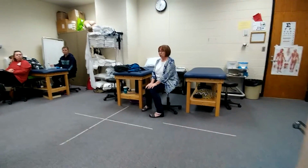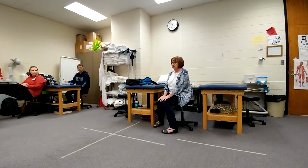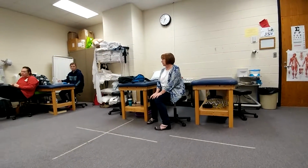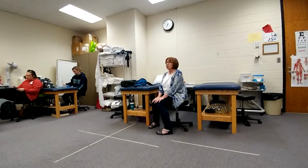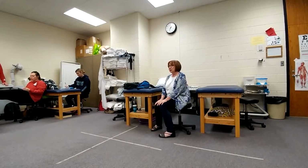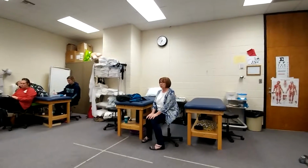Functional, and we wouldn't see them as much. The problem with kiddos that are hemiplegic is, and those are typically kids that have a stroke in utero. That is typically what happens. They have a stroke in utero, either close to the time of delivering, during delivery, or just prior to delivering. Also, kiddos can end up with hemiplegia from some type of an injury after they're born when the brain is